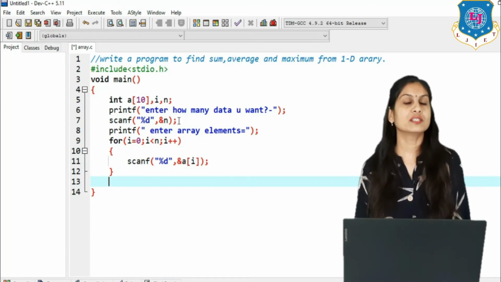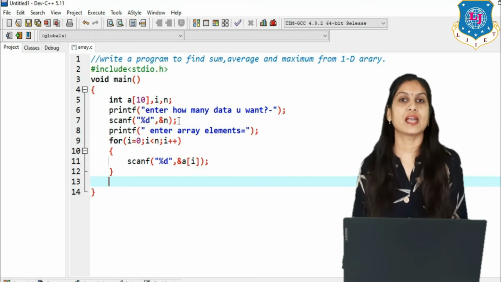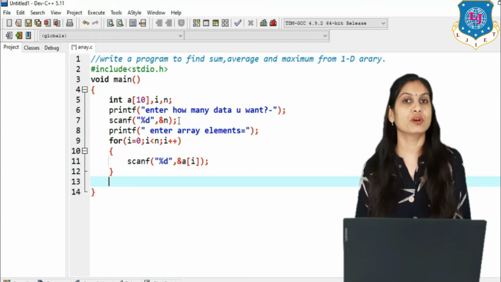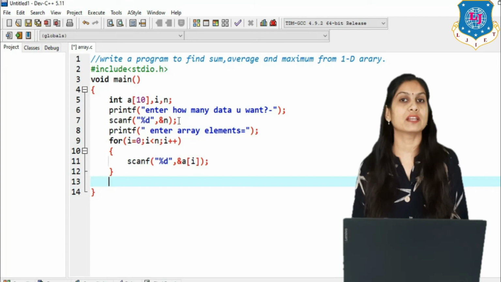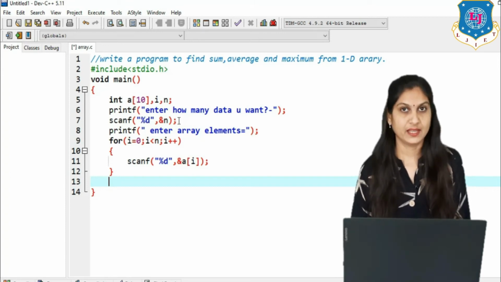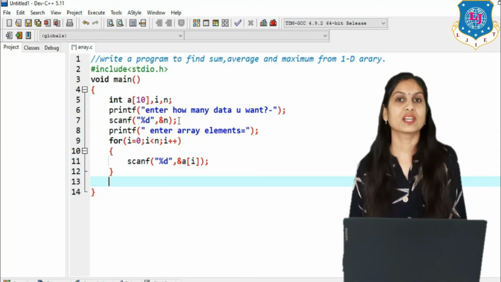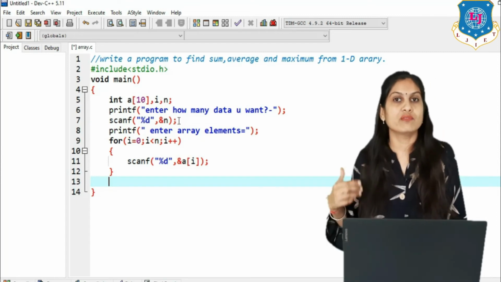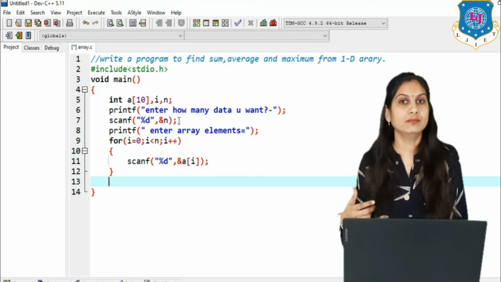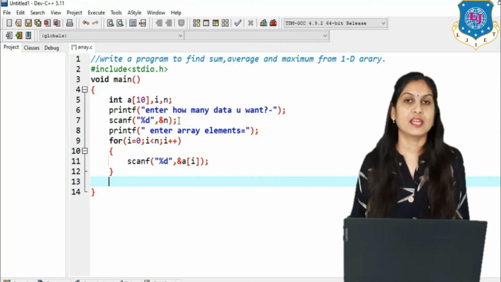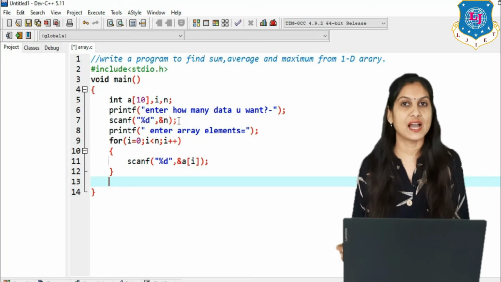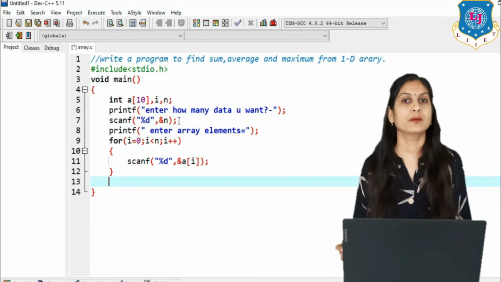Just recall the previous lectures where we wrote the sum of 1 to n numbers in our algorithm and flowchart, and the formula is sum equals sum plus i. Clear? So instead of i, now we have to put a of i, because now we want to add the sum of array elements, and for that we have to write a of i everywhere in our program.